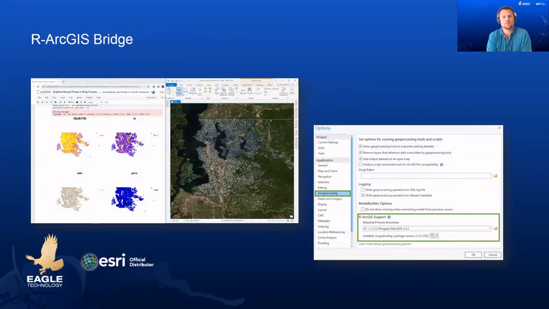And then there's also the R-Bridge that I mentioned before. Basically, what you can do is combine the power of ArcGIS with the statistical capabilities of R. So you can bring your spatial data into R, or you can extend your R models with ArcGIS to extend and enrich your data, analyze it with spatial algorithms, all of the tools that are available, and visualize it dynamically as well.